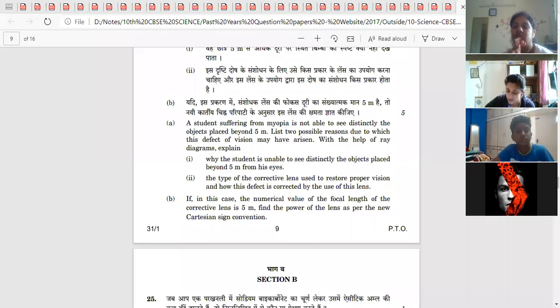Ma'am, there's a question: design an activity to demonstrate the decomposition reaction of lead nitrate. You can mention: take lead nitrate, the white colored salt, into a test tube and heat it strongly. Then we will see brown fumes coming out, which is the formation of nitrogen dioxide. A yellow residue is left in the test tube, which is lead oxide, and along with that some amount of oxygen gas is also given out. Okay, ma'am.